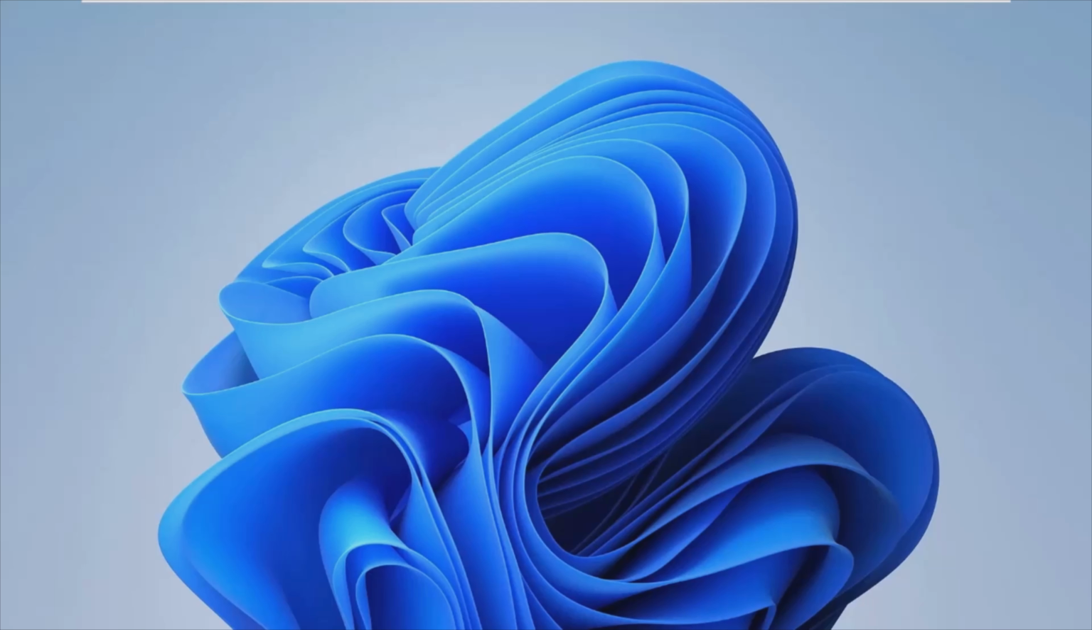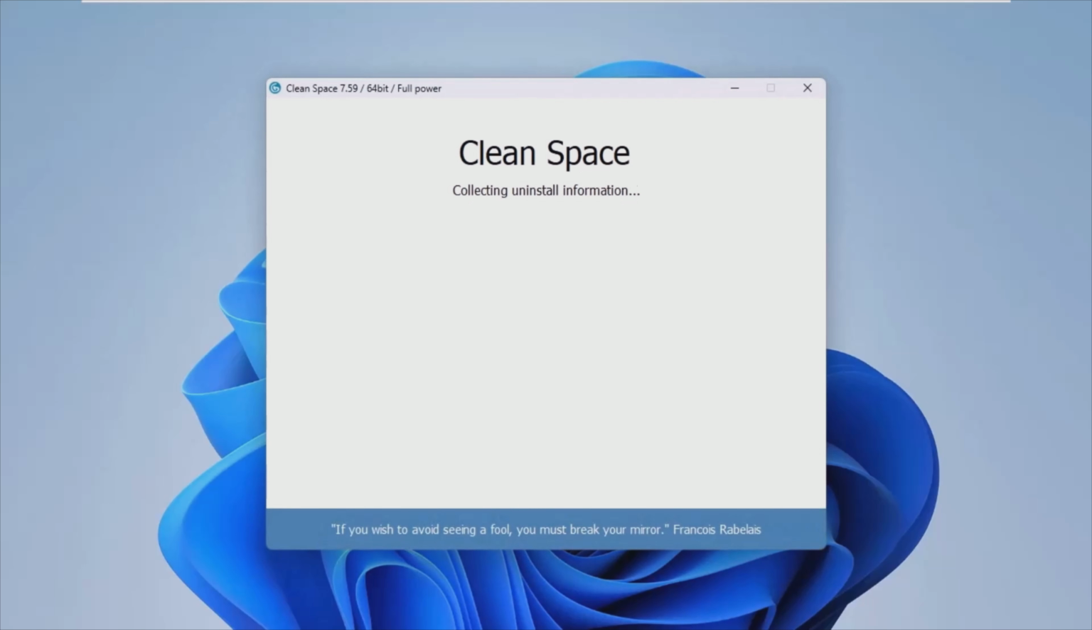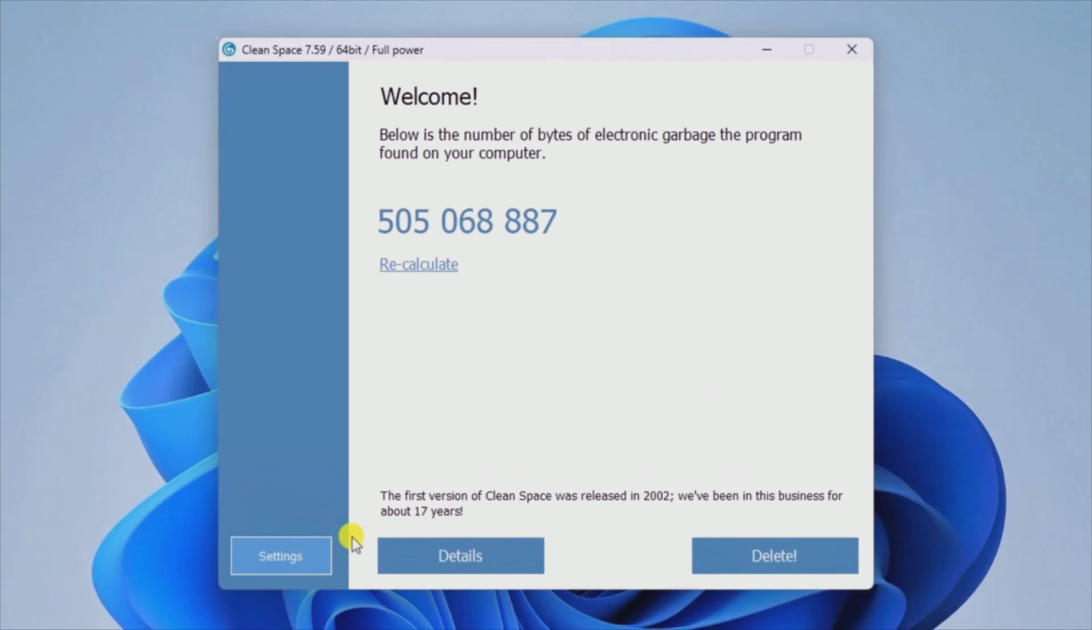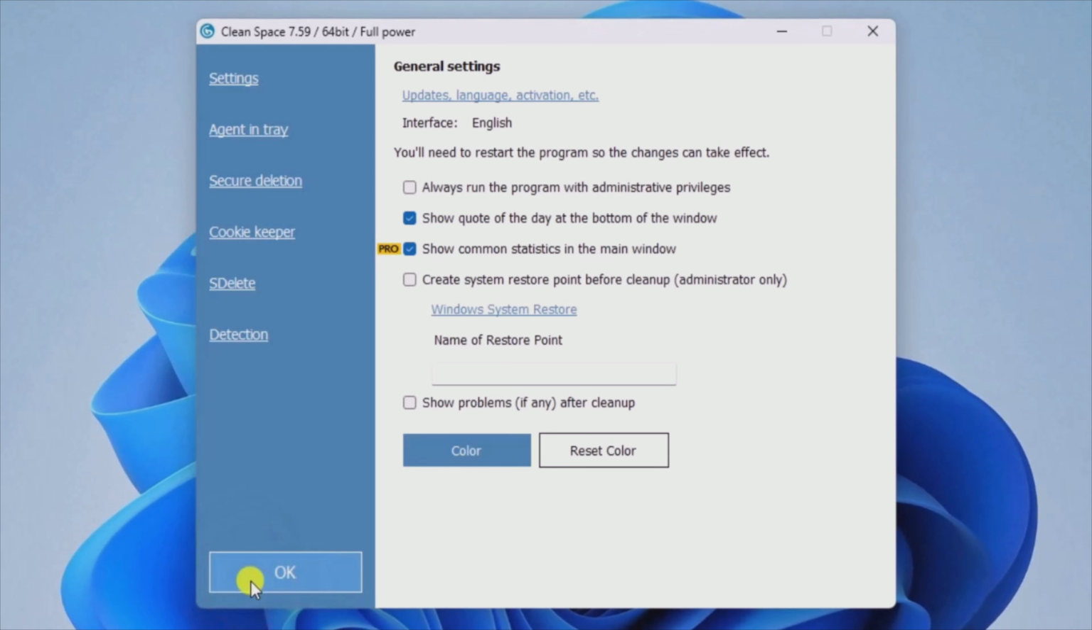Hi, today I'll show you how an app called CleanSpace works. Every single task completed using your PC leaves traces that may be more informative than you would like them to be, especially when prying eyes are involved. That's why you need to constantly delete this sensitive content, and an app like CleanSpace could be the solution to